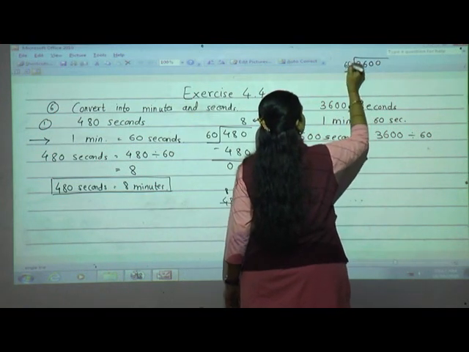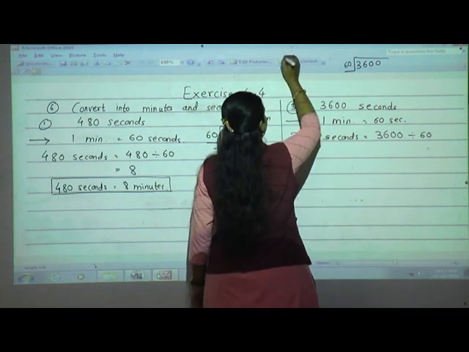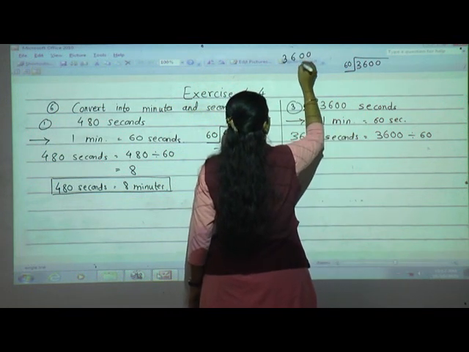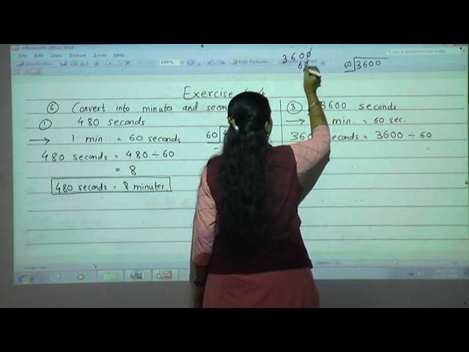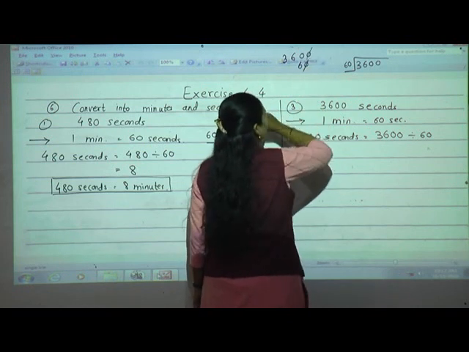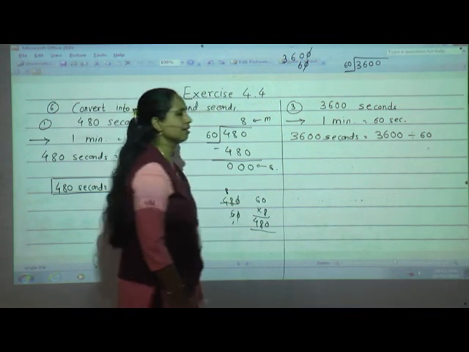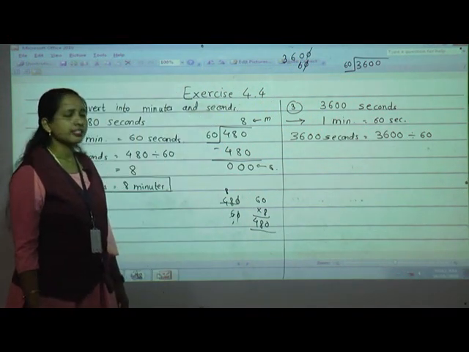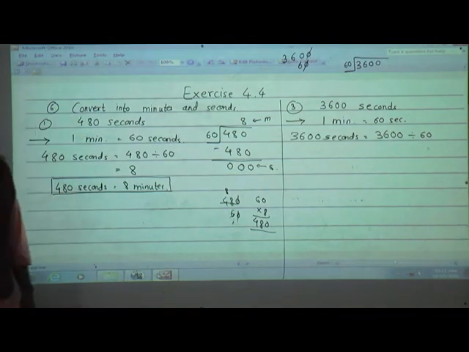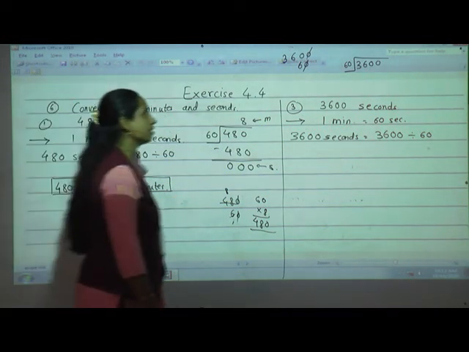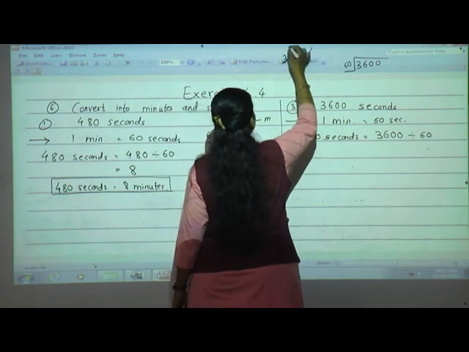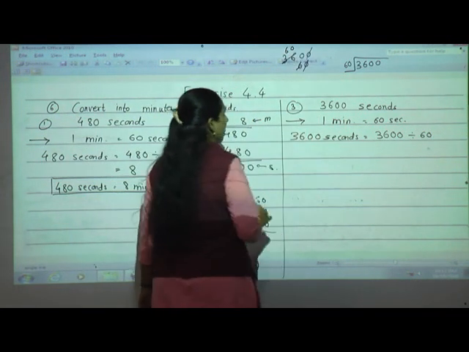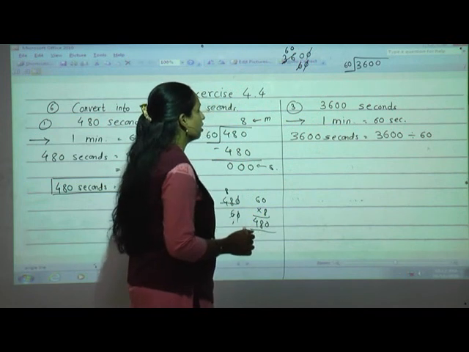3600 divided by 60. Okay, estimate quotient. See, cut the 0, 0, 6 is remaining. Now in 6 table 36 is there. Yes, come on, tell me, is it there? Yes. 6 6s are 36. Very easy. 6 6s are 36 and 0 will remain as it is, isn't it?